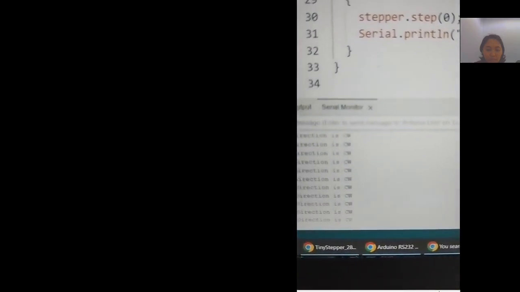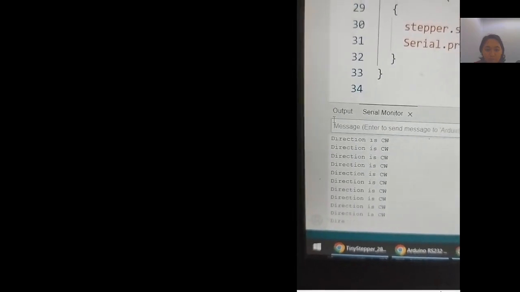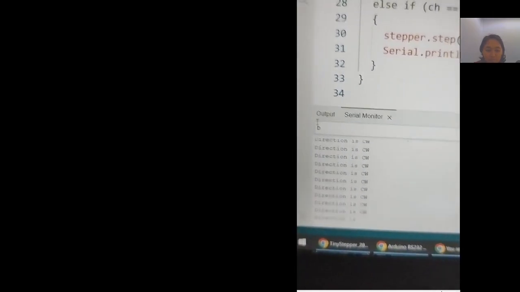Then I will show once again: A, enter, move, rotate clockwise. B, and then enter, rotate counterclockwise.